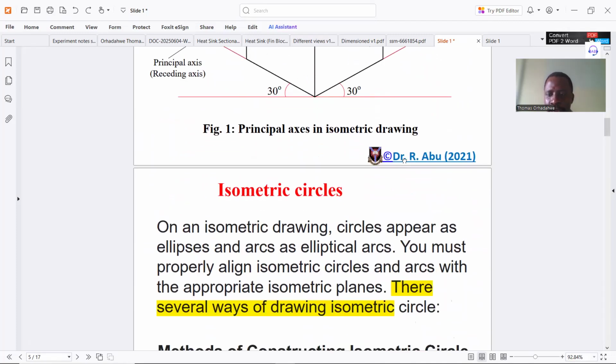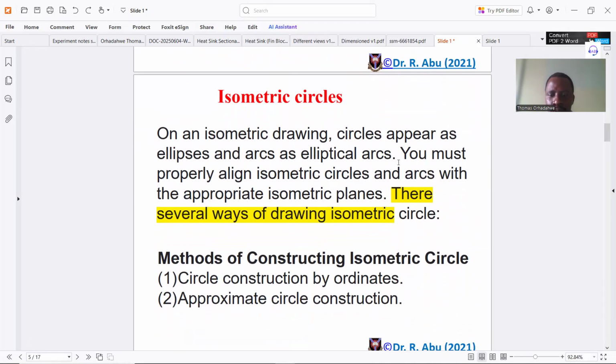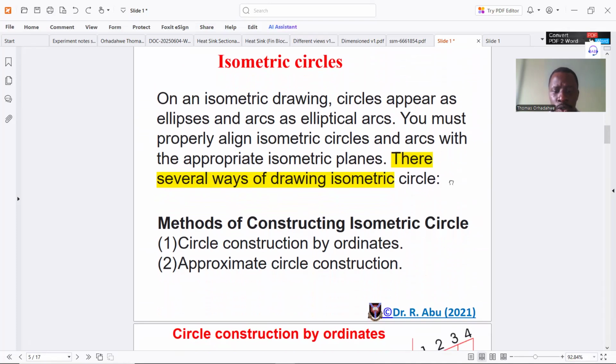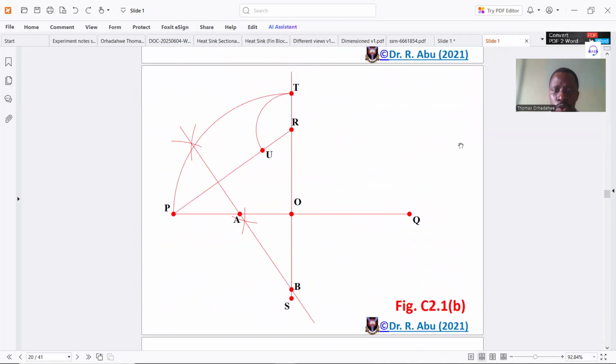Now, when you are making isometric drawings, normal circles in 2D appear as elliptical arcs in 3D. So you can use the circle construction method or you use the approximate construction method. The approximate construction method has been shown to us in a previous video, where you draw the principal axis,